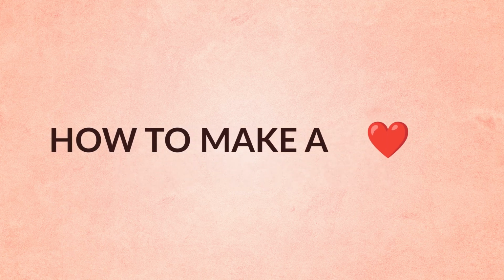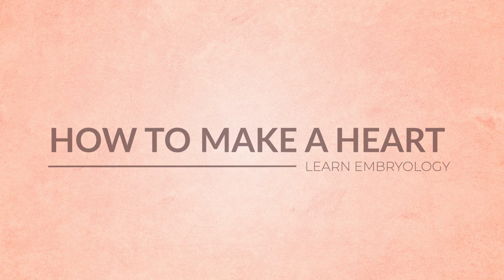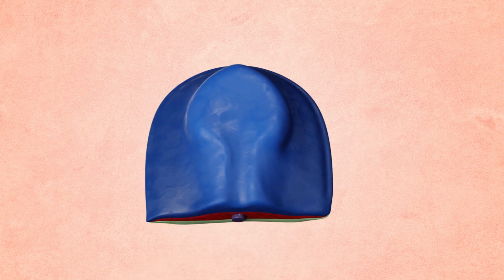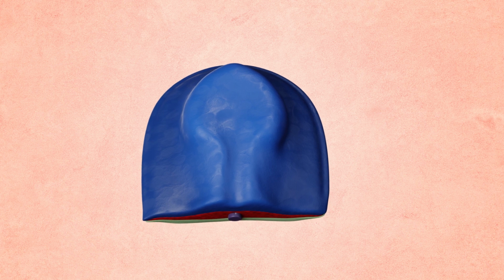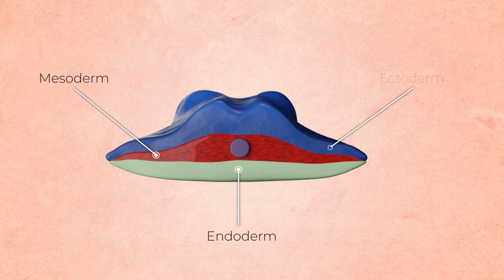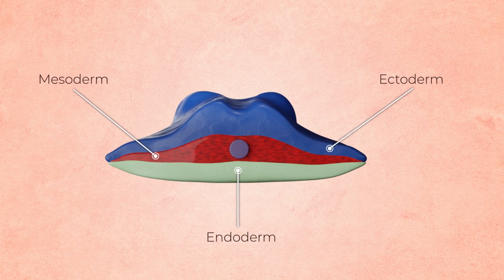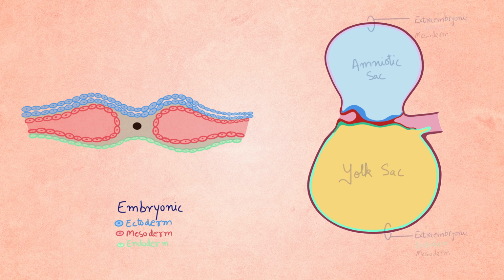This journey of the developing fetal heart begins in the middle of the 3rd week of embryological development. After the process of gastrulation, the embryonic disc consists of 3 layers called endoderm, mesoderm, and ectoderm. All 3 derived from the epiblast layer of the bilaminar germ disc. These 3 embryonic layers eventually make contact with the extraembryonic endoderm, mesoderm, and ectoderm lining the yolk sac and amniotic